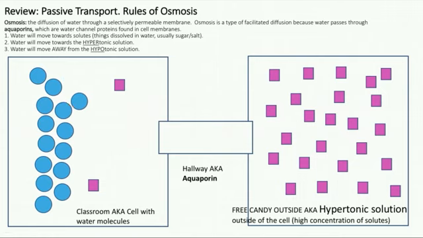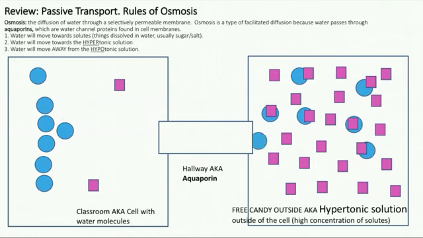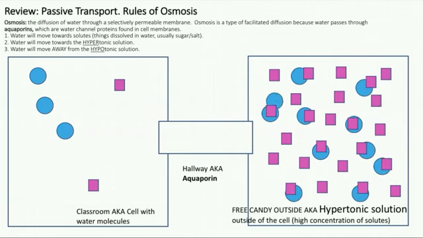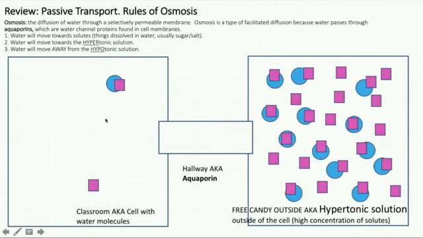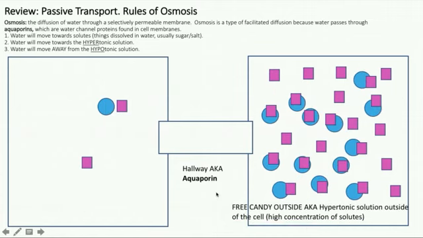So they're going to all start leaving my classroom, going into the hallway. They're going to find their candy. They're going to bond to it. And they leave really fast. Okay, so, and there's my one student left. My one student bonded to that one candy. All my other students left towards the hypertonic solution or the higher concentration of solutes. So what's going to happen is now that I only have one student in my classroom or one student in my cell,